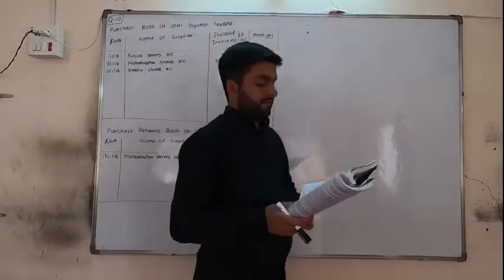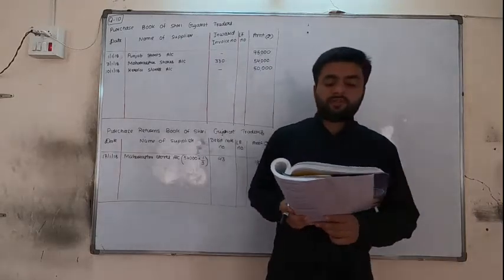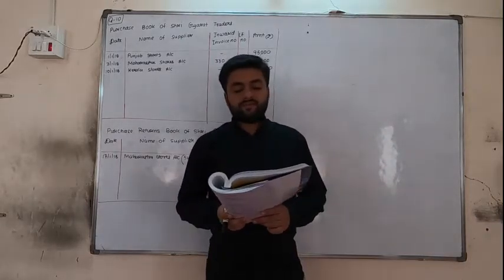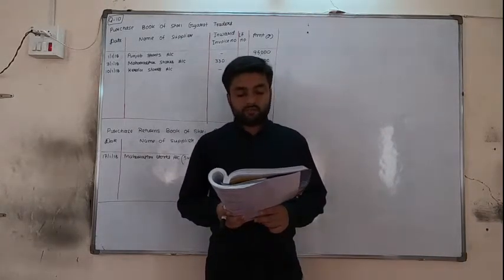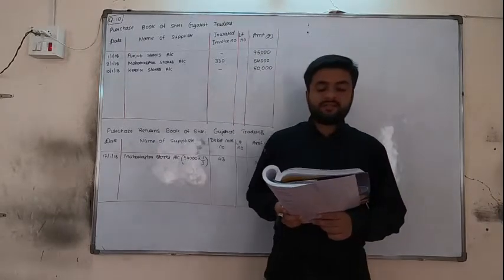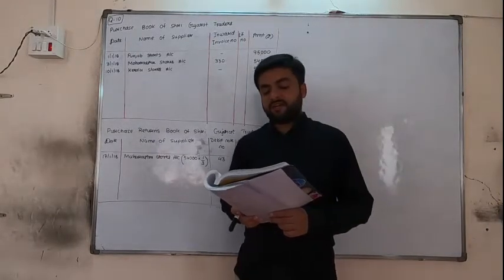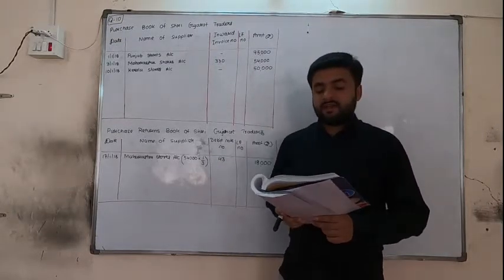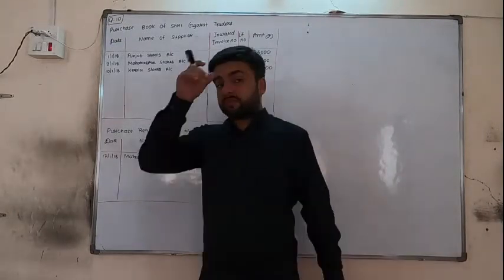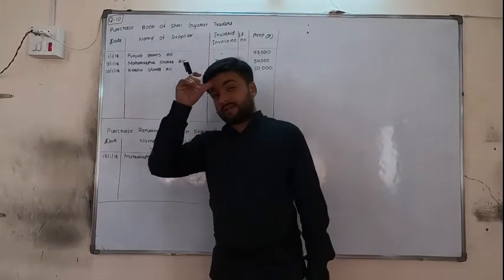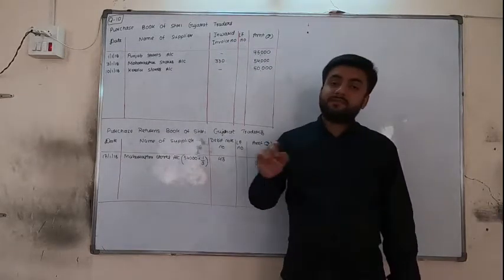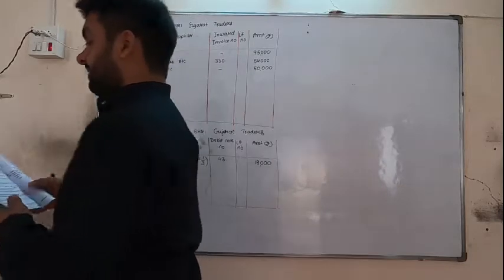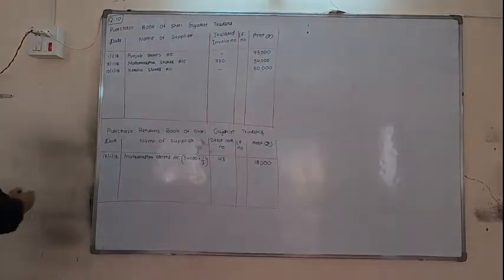Next, 21st, goods purchased of 40,000 at 10% trade discount from Rajasthan stores. Rajasthan stores sends invoice number 160 after adding 5% GST and labor fee. Okay, underline this GST and labor. These both things will not be recorded because these are expenses we will record separately. So underline it, and again the remaining transaction will come in the purchase book.